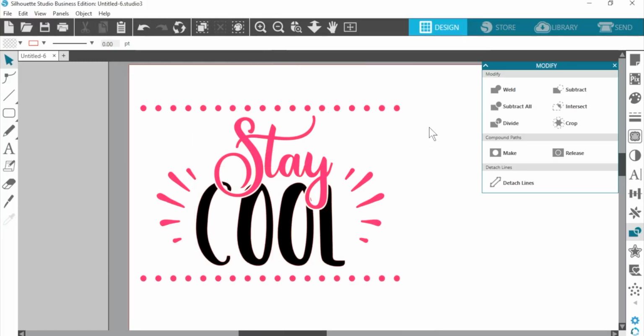Okay, so that actually is a really nice design as it is right now. And you could use that maybe to put on a t-shirt or something. It looks great, but we want to step it up one more time, and we're going to show one more design tool that's available, as I mentioned, in Designer Edition Plus or Business Edition, and that is the Conical Warp tool. So I'm going to go to the Warp panel again.